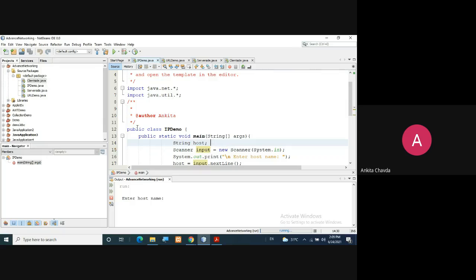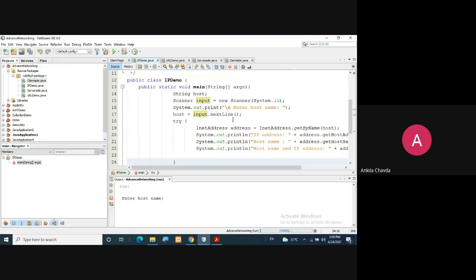Now inside public static void main, I'm taking one string, because user wants to give the website name. Then I'll create Scanner class object equals new Scanner(System.in), that is the concept of core Java only.